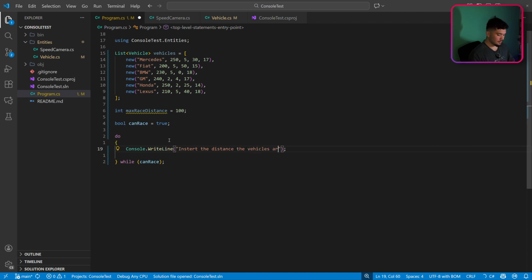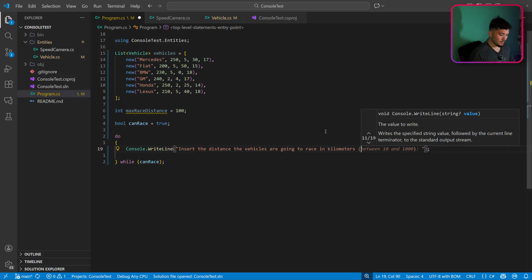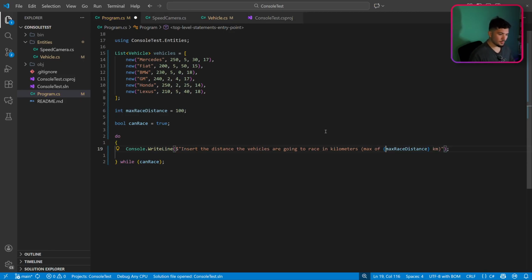The vehicles are going to race in kilometers. So insert the distance. The vehicles are going to race in kilometers because this is the real metric for distance. And we are going to say with a max of 100 kilometers. And we make this as a template string with a max race distance because we want to set some limits here. So now what we are going to do is get an int raceDistance,